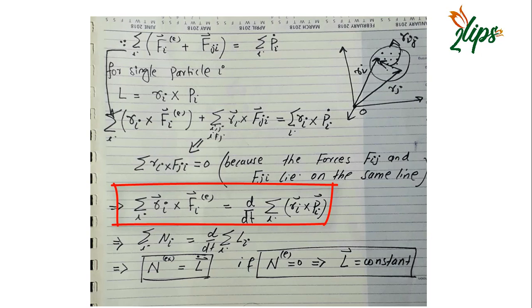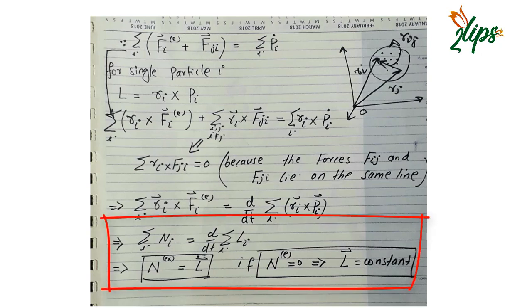On the left we have Ri cross Fi, and on the right we have the time derivative of angular momentum, because Ri cross Pi is the definition of angular momentum. By definition, R cross F is equal to N, which is torque, and R cross P is equal to L, which is angular momentum, so I can write this expression. And finally, if the total external torque is represented by the symbol capital N, and the total angular momentum by the symbol L, I can write this equation of motion,